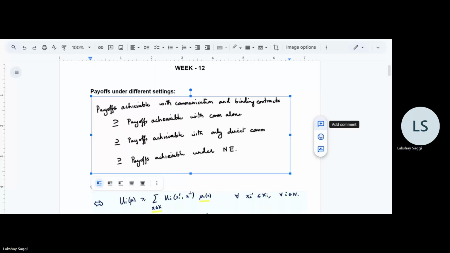But why just stop at this? One can also think, okay, why are these two communicating directly? Let's just think maybe there is a mediator between the two. So we relax this criteria a bit and we reach this part, which is payoffs achievable with communication alone. In communication we talk about not just direct but also indirect communication. So indirect communication means that let's suppose there is a mediator present between Alice and Bob,